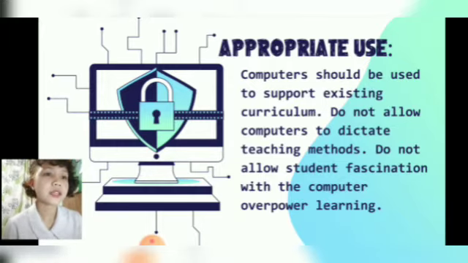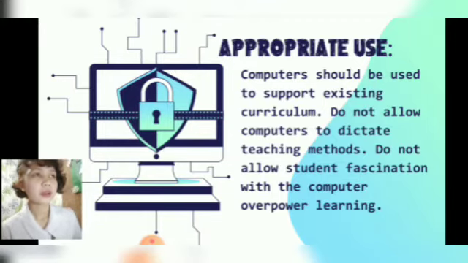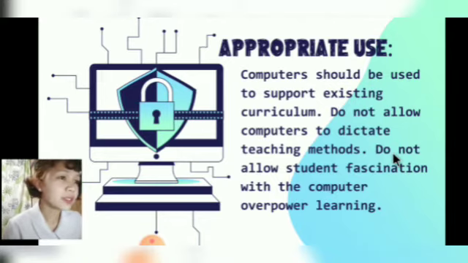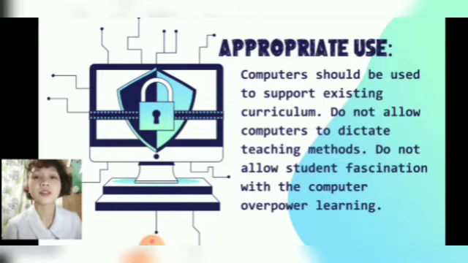Now, do not allow students' fascination with the computer to overpower learning. In what way? During a class discussion in an ICT room, where there are computers connected to the internet, you should not let students be too occupied by the thought that they are using computers and forget to learn the contents they were reading and the lessons they were taught.